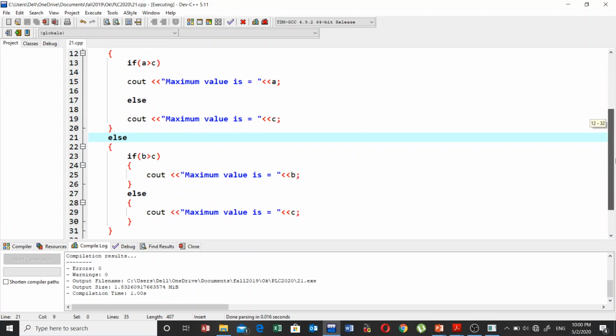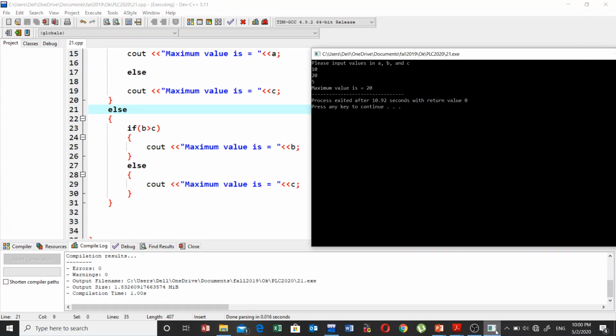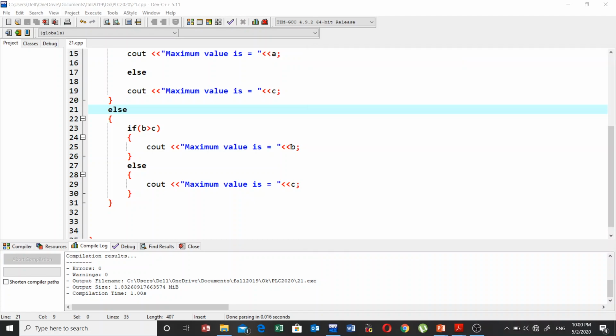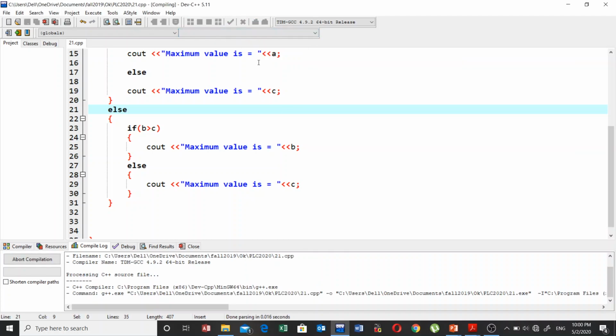Now in the else part, you can see I have again used an if condition. It's going to compare B with C. In B I have stored 20, and in C I have stored 5. That's why this condition is true, so this statement will be executed: maximum value is equal to B. Let's try to run this program again,